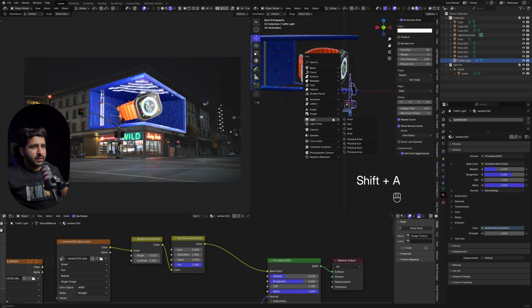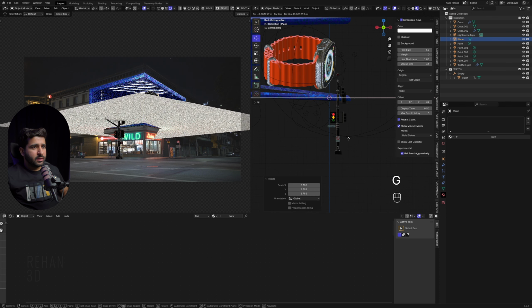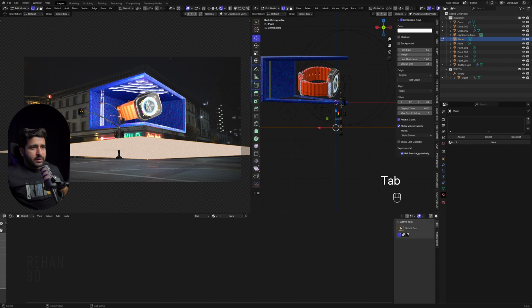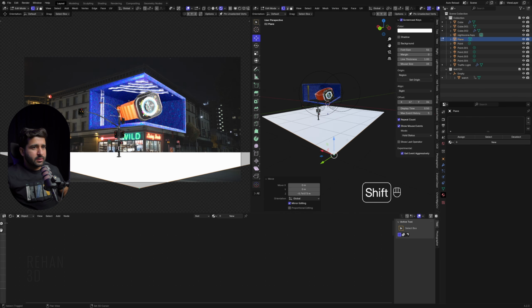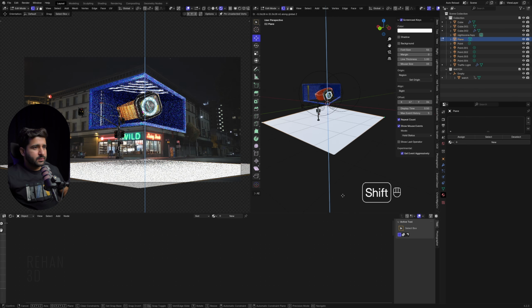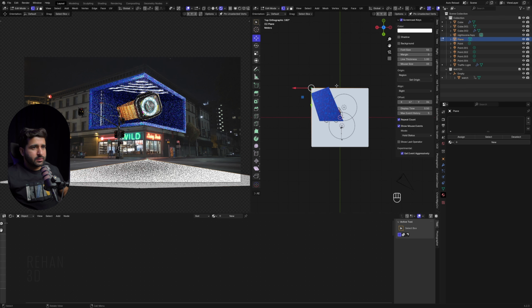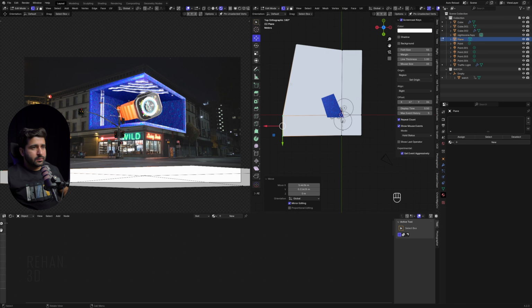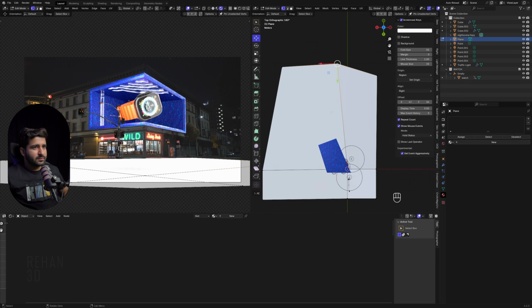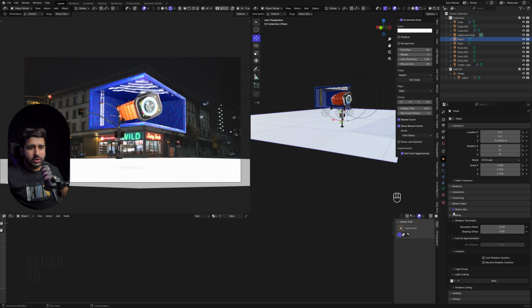Now I will get a new mesh plane, like this. I think I need to fix this again, so let's leave it here at the moment. Go into edit mode, select this face, bring it here, and this also, like this. If we subdivide it, you will get more control over it. After this I will make it a shadow catcher.